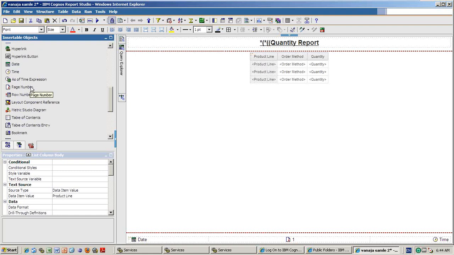But remember, whenever we run the report, if we use that as of time expression, it will display the current time at that moment. Yes, exactly. It's a report time. That means whenever you are running the report, it will pick up that particular time and date and show it. But you can use that in the expression. For example, if your Cognos server is installed in a US server, US timing only it will show. Wherever the Cognos server is installed, that server's time only it will show.